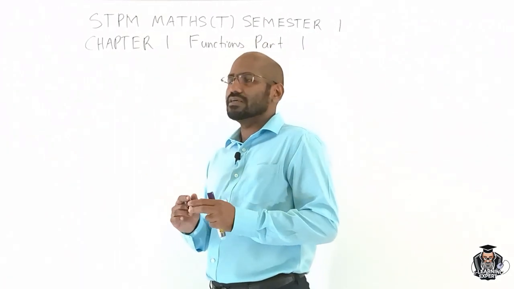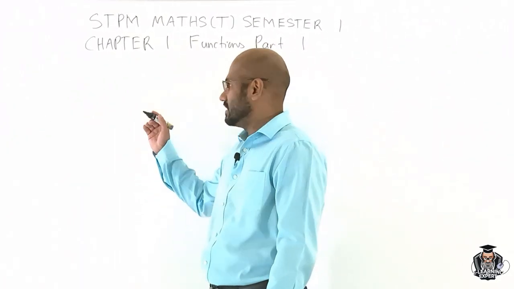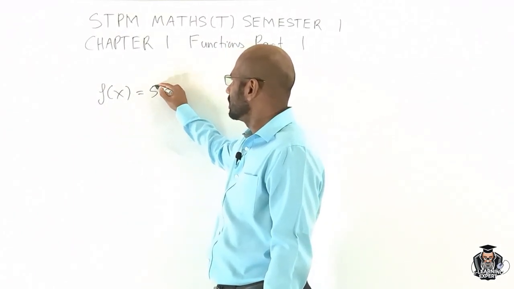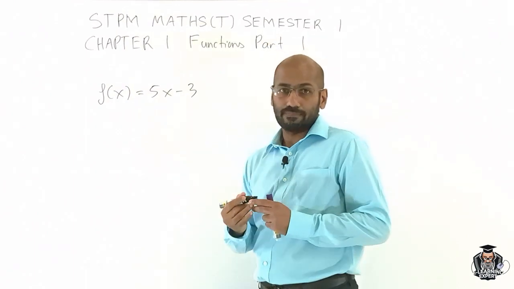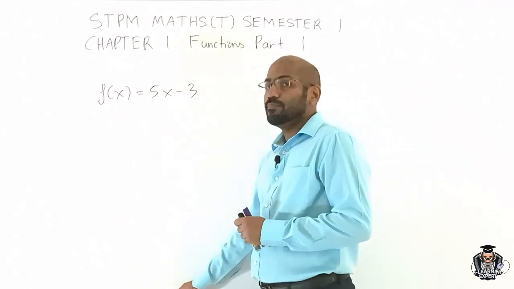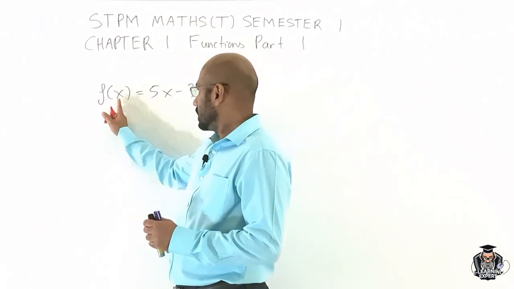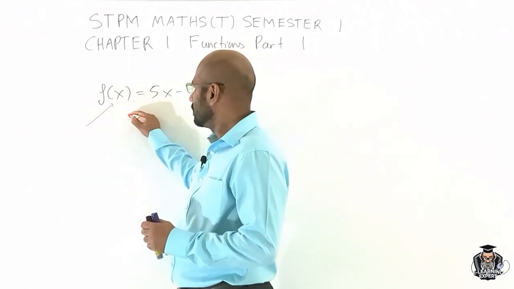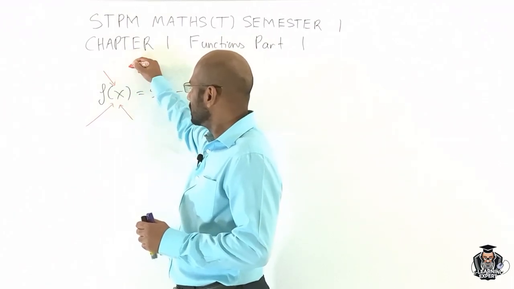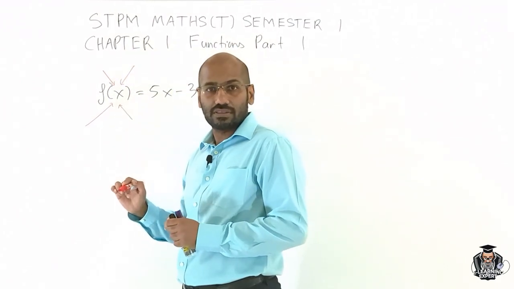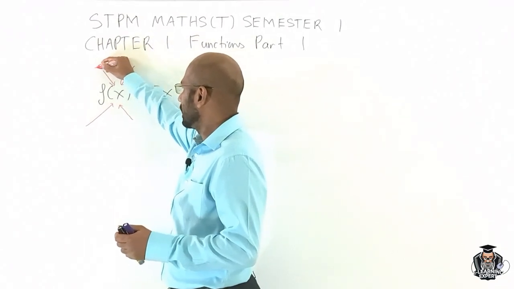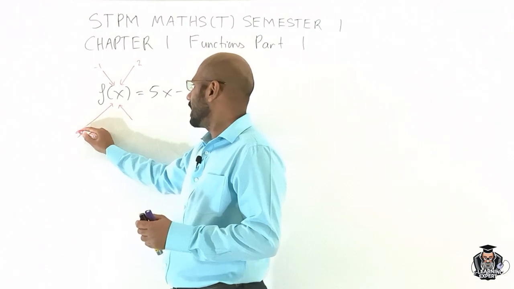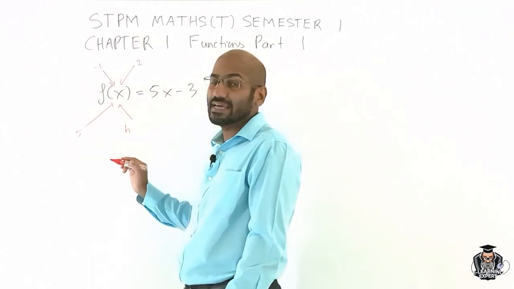Function basically is like an input and output machine. So let's take a simple linear function over here, 5x minus 3. What does it mean by an input and output machine? See, inside the bracket here has got an x, and this x value we could input with different variables or numbers. I could put -1 in here, I could put 2 in here, I could put 5 in here, I could even change it to put an h in there.